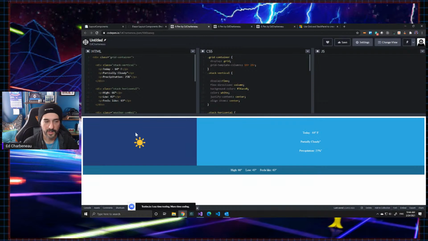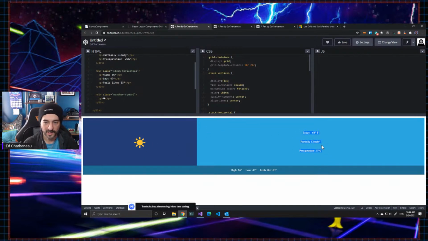You can see I've got my weather icon up here in the first set of columns. My second set of columns has a vertical stack panel, or a column-based flexbox, and then I have a row-based flexbox at the bottom that spans both of those columns. If I were to come in here and change some of these values,